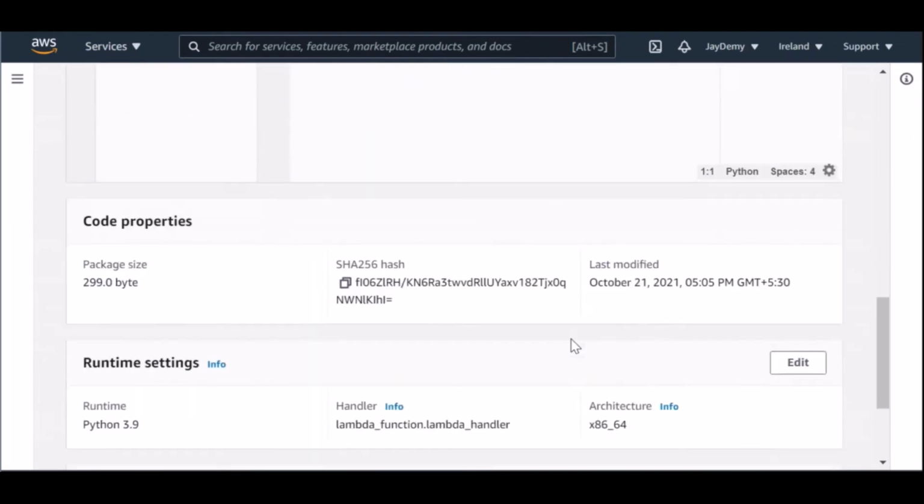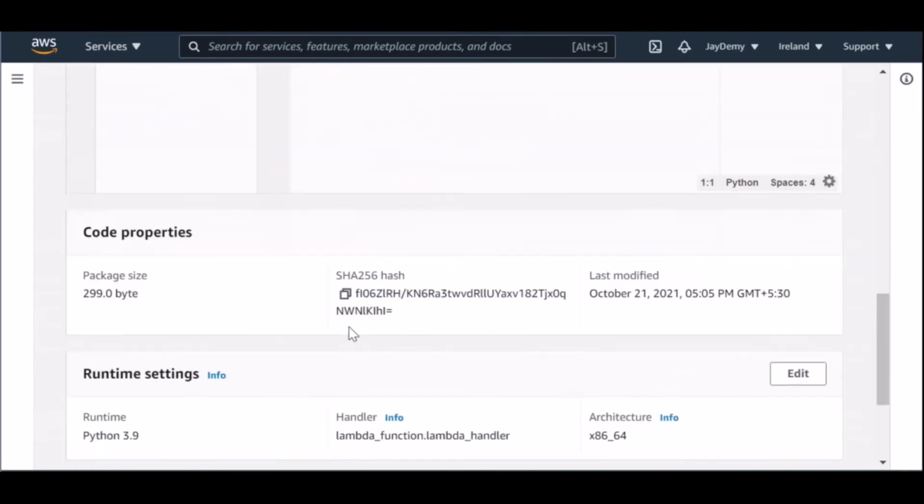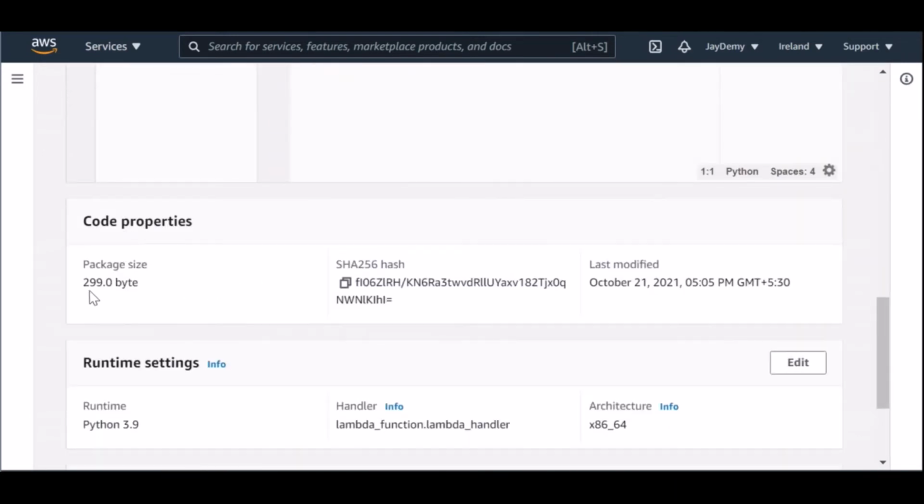Coming to our basic code, see, this is our code. How to write code I will show you later for advanced things, but for now just focus on a simple code. You can see code properties. Here we have the size of our package and when it was modified, and also the runtime, handler and architecture.